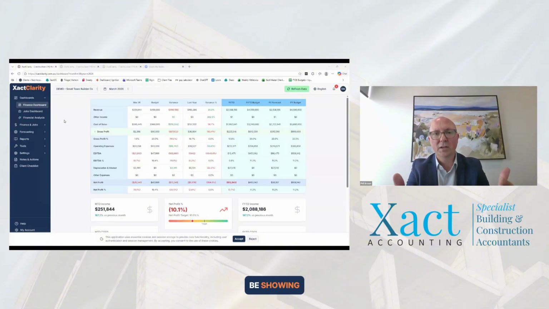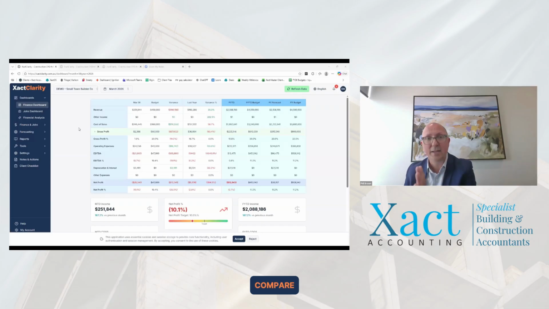So we're going to be showing how it works for us and for our clients, but really the principles are the same in terms of the type of data that we want to look at and the process that we want to go through when we're looking at building out our forecasts and updating our forecasts. So Dave, let's start here. So we're looking at a dashboard in terms of,